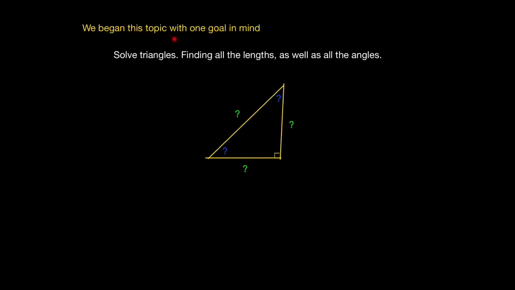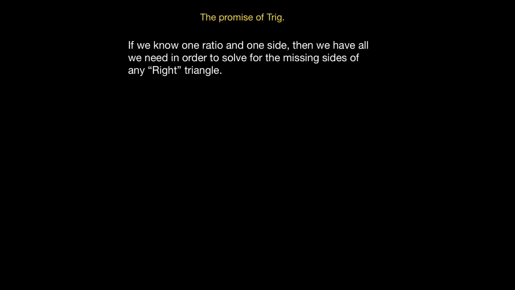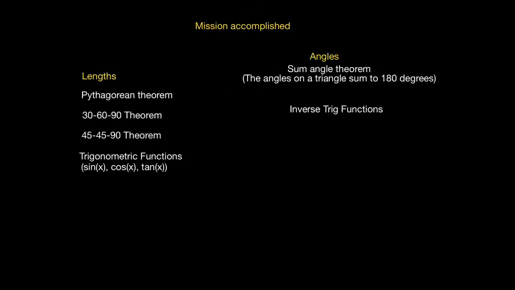We began this topic with one goal in mind, and that was to solve triangles, finding all the lengths as well as all of the angles. Now, the promise of trig was that if we knew one ratio on one side, then we had everything we needed in order to solve for the missing sides of any right triangle. And we've looked at this extensively, and that's why I say mission accomplished, because we have a lot of techniques